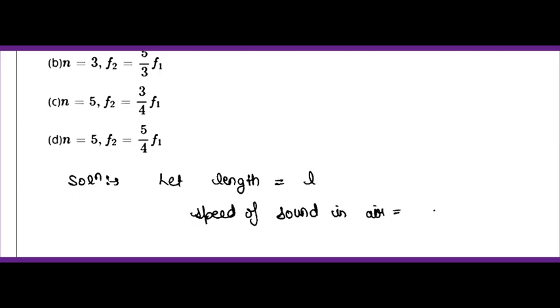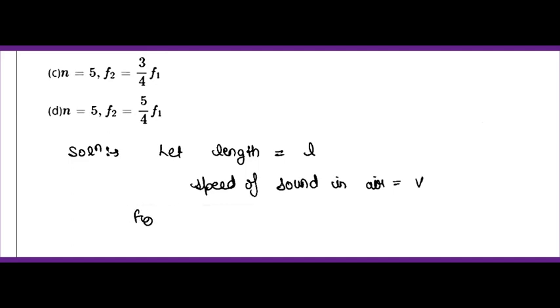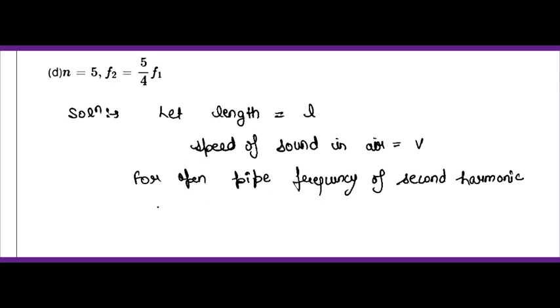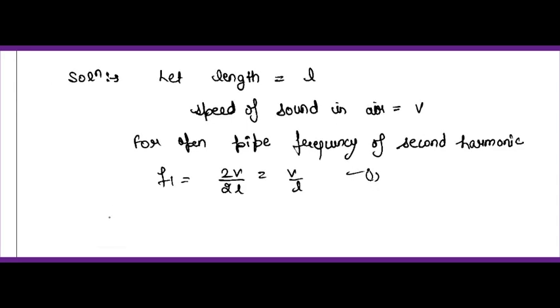For an open pipe, the frequency of the second harmonic, so we have f1, frequency 1, will become equal to 2 times velocity divided by 2 times length, so this is velocity divided by length here. So this is our frequency 1 here. Let us suppose this is equation 1, and for the closed pipe,